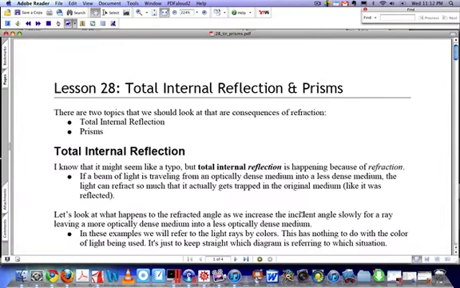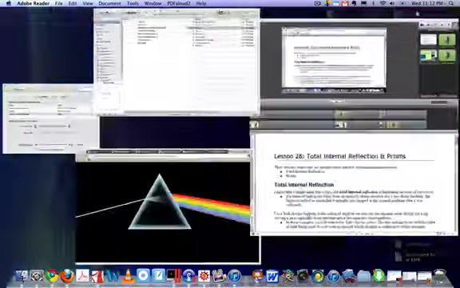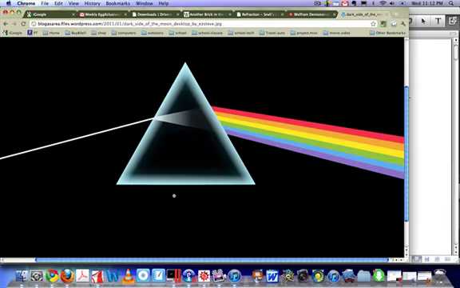Now before we go on to prisms, let's take a little bit of a sidetrack here and relax for a second or two. Oh wait, this is a prism. Funny. Ha ha. We can see here, of course, if you recognize the music and you recognize the picture, this is